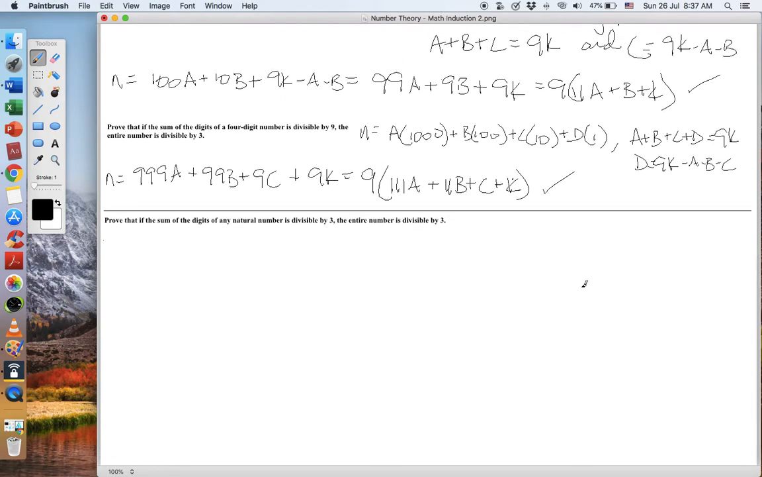Next one, any natural number. If the sum of the digits of any natural number is divisible by 3, the entire number is divisible by 3. Now we could make an inference or a conjecture. We could do a number of these different examples and make a conjecture, but to prove that we need to show it's true for all cases. And so let's say for an integer,